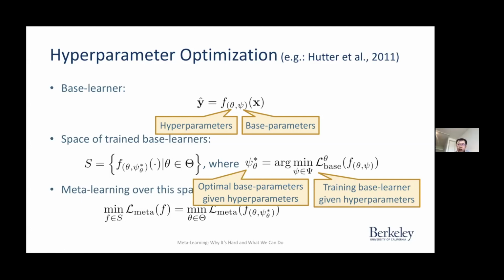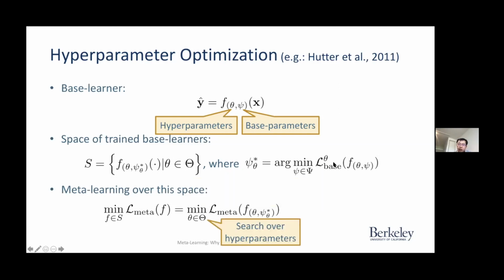There's another difference between this setting and the previous setting, and that is we actually have two different losses here. We have one loss function for the base learning and possibly a different loss function for the meta learning aspect. For example, you might want to look at the performance on the validation set instead when you are actually doing meta learning.